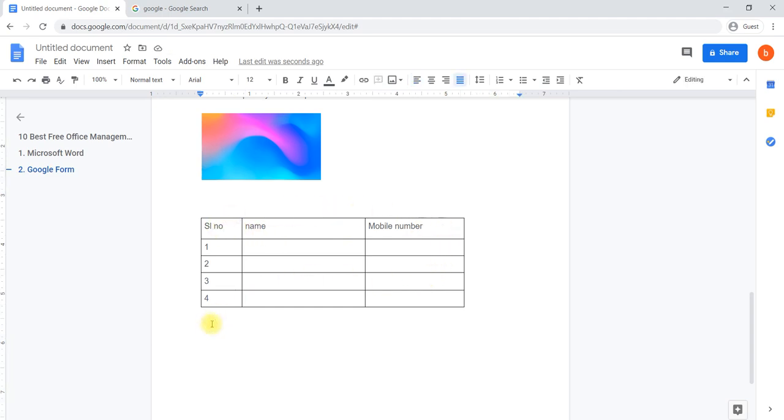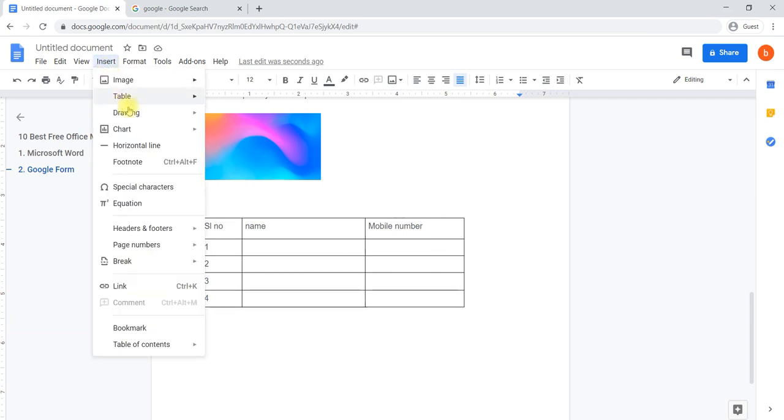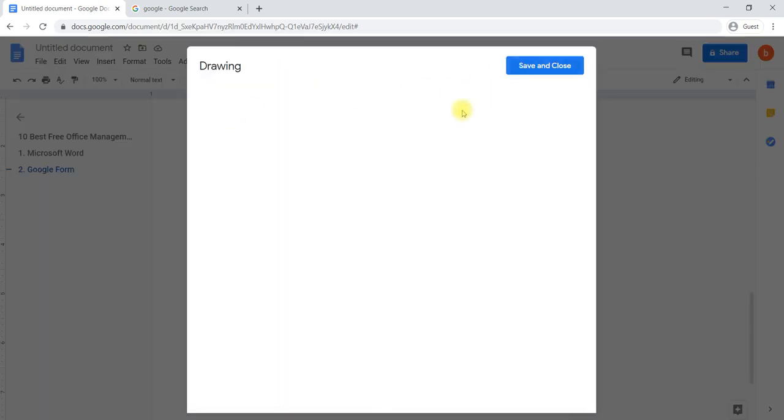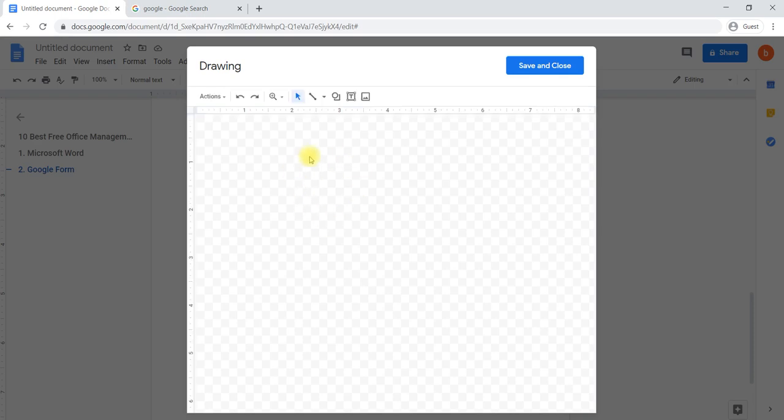If you would like to insert your own drawing, then again we have to go to Insert, and the drawing option is there. If you already saved some drawings in Google Drive, you can upload that one. Otherwise you can create a new one yourself.